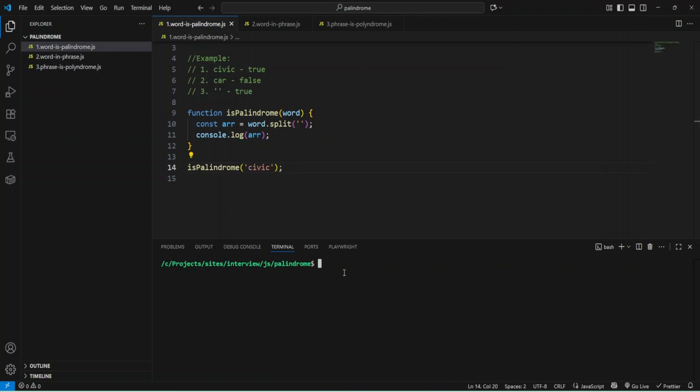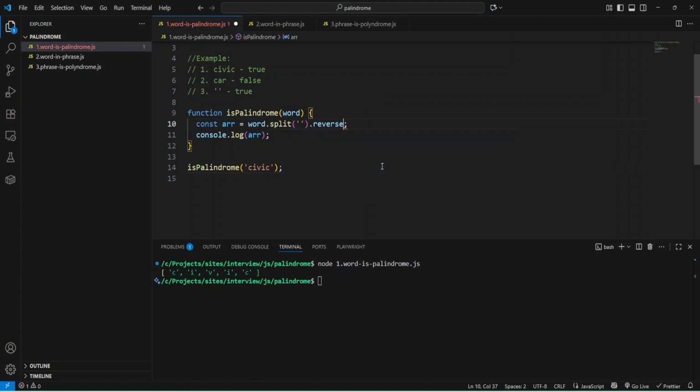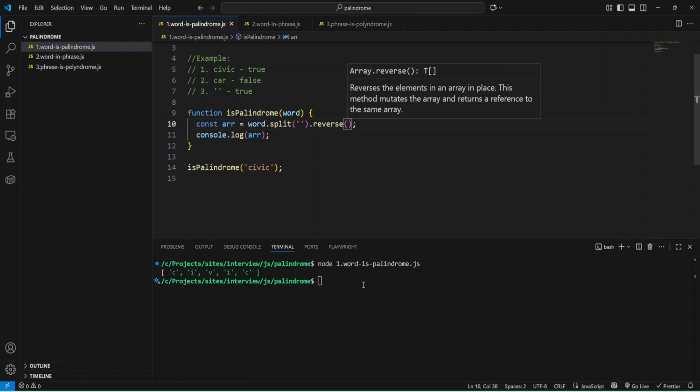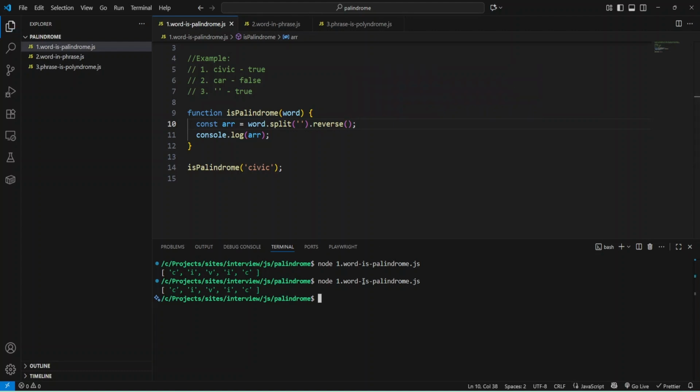Now I can call my function, and as you can see, we have our array. Now we can reverse our array, and let's check what we have. As you can see, we have the same array, so let's try this example and save. And as you can see, we have a reversed array.